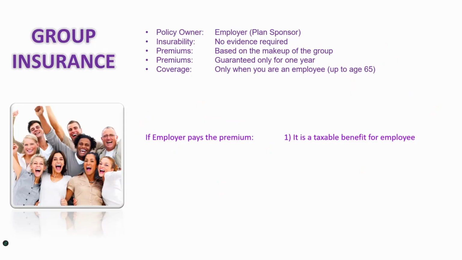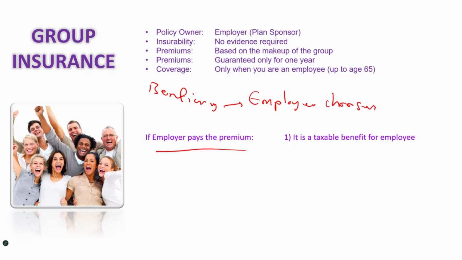So if the employer pays the premiums, obviously who's getting the benefits? The beneficiary is whoever the employee chooses. So the employee chooses the beneficiary. It could be their family members, whoever they want, right? So if the employer is paying the premium, it's an expense, and they're not getting any benefit out of it because the death benefit is not going to go back to the company. It's going to go to the employee's family or whoever. So it's a taxable benefit for